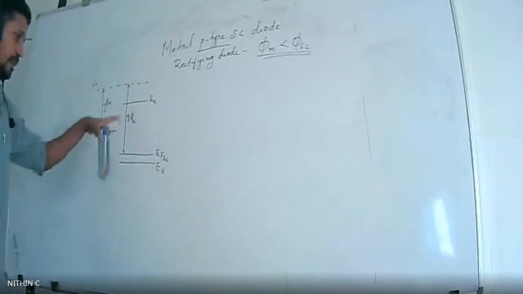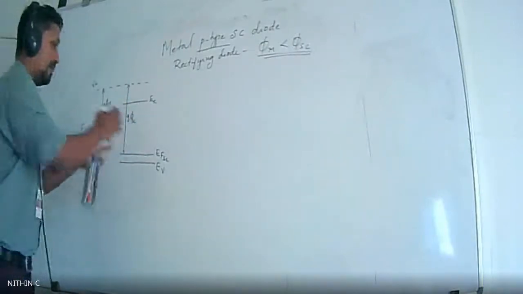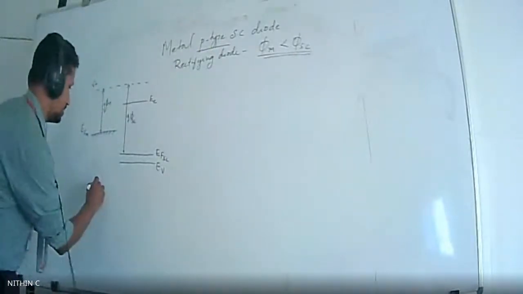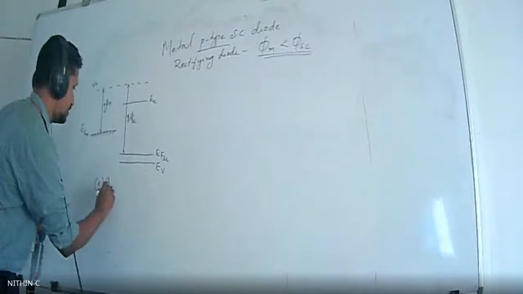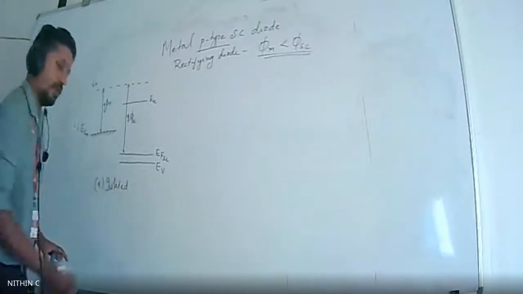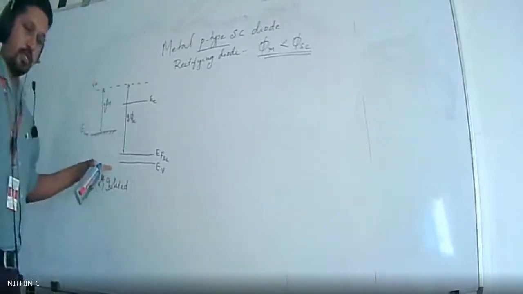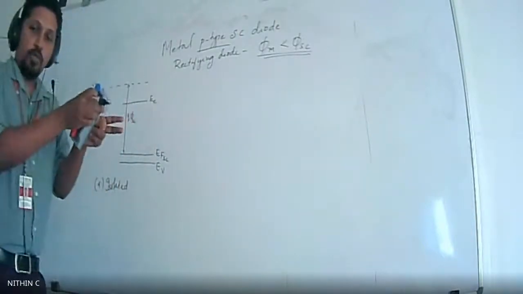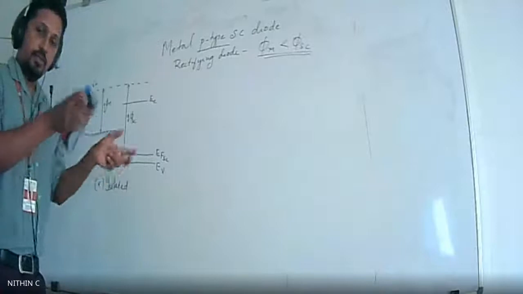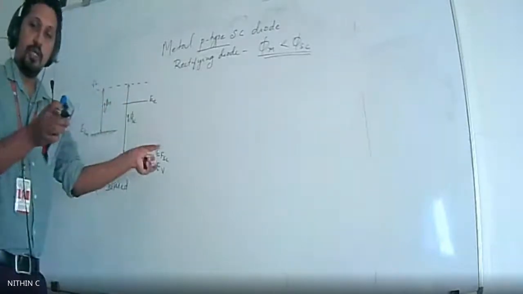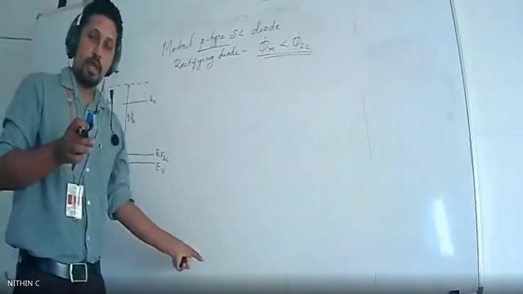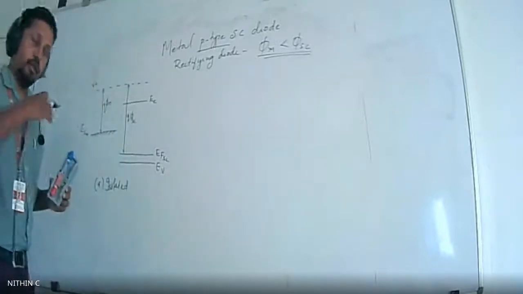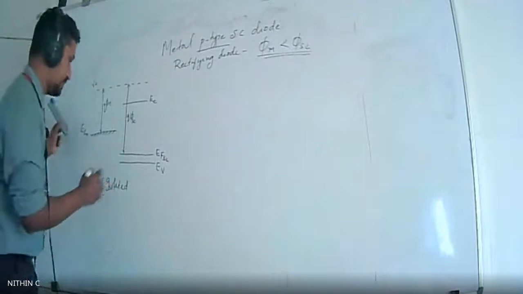Now this energy band diagram of isolated metal and semiconductor will satisfy this condition, right? This is actually figure A, that is isolated. First we will draw the isolated, then we will join the two materials and the equilibrium condition will be attained. We will draw that energy band diagram. After that, we will do forward bias and then reverse bias. That is the same format in almost all the diodes that we consider.